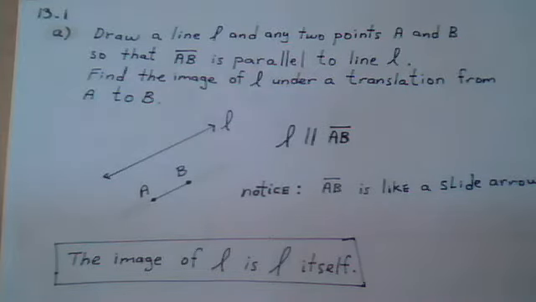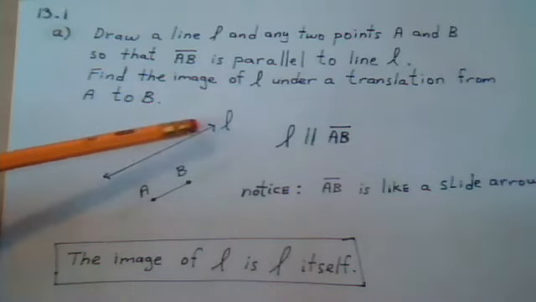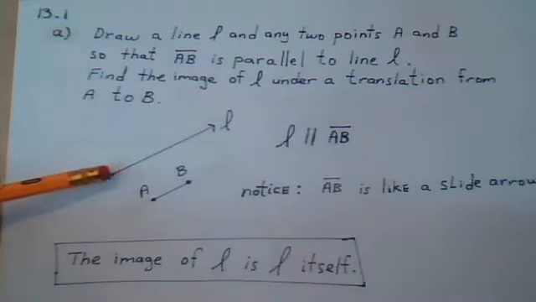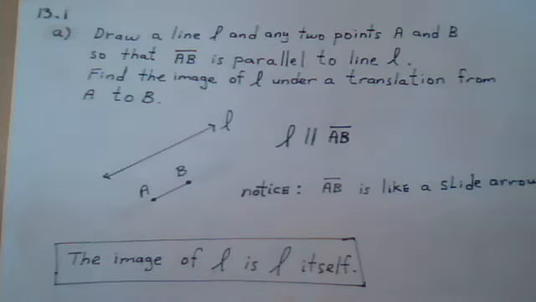A, draw a line L. So here's line L. I drew a line L. You could draw it however you like. I drew it this way. You could have drawn it flat, coming down. It doesn't matter. Draw a line L and any 2 points A and B,